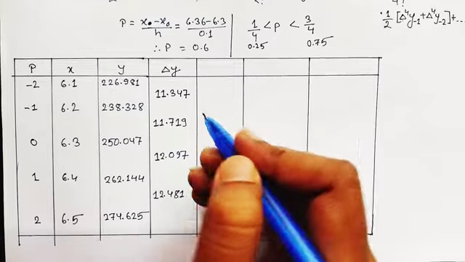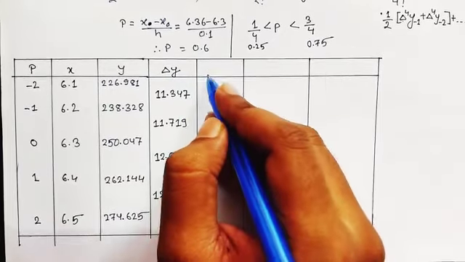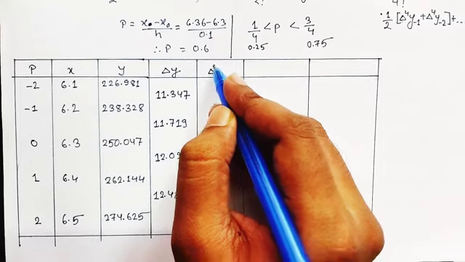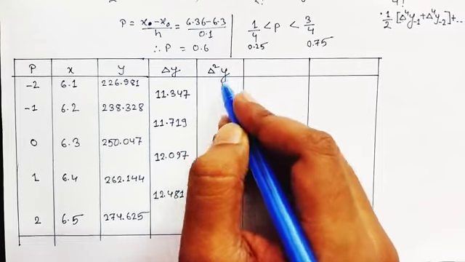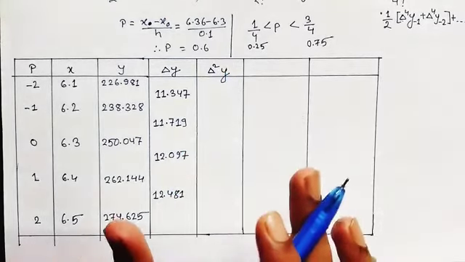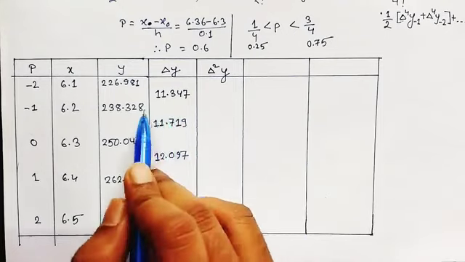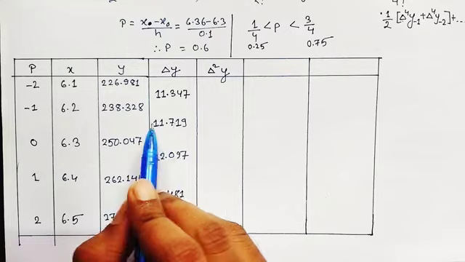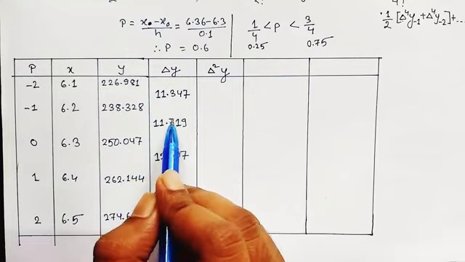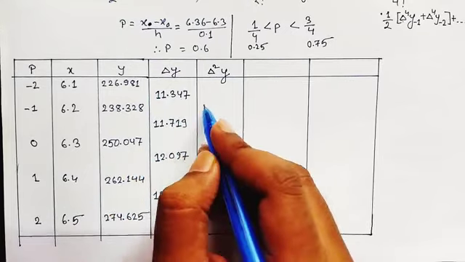Now what we need to do is calculate the value of delta square y. So draw a line here, a table column, that is delta square y. For calculating delta square y we will again proceed with a similar process to what we did previously for delta y. We need to subtract this value from this value. So on subtracting we will get